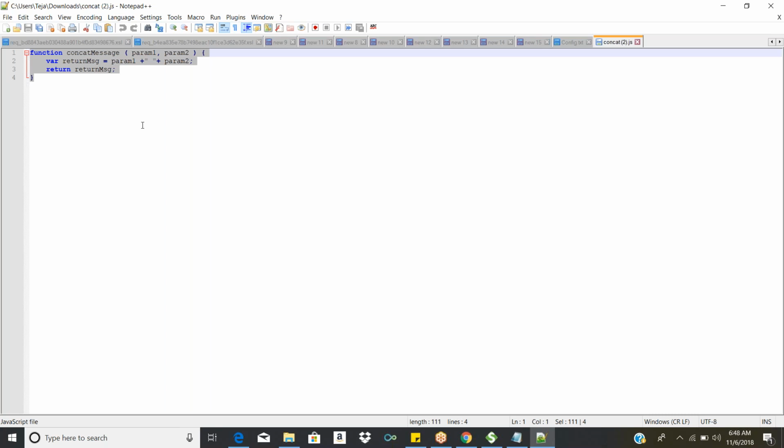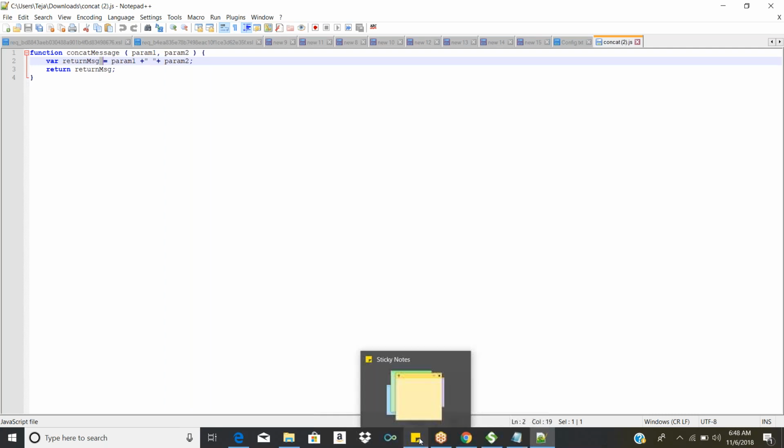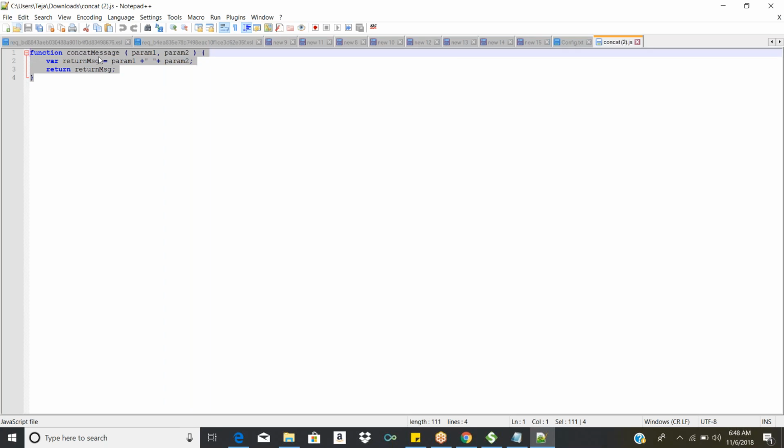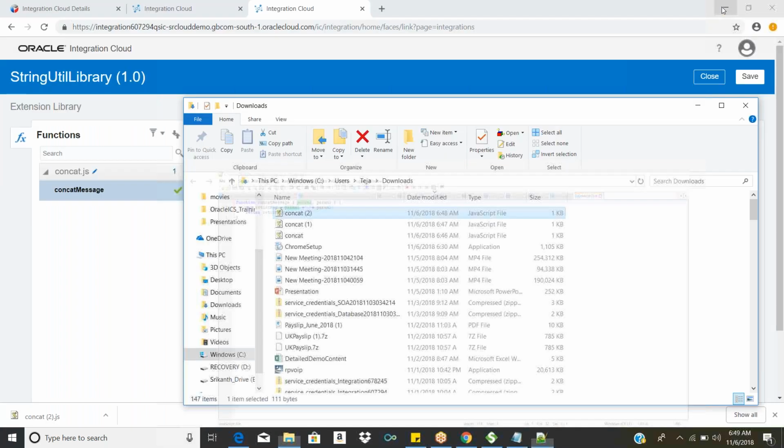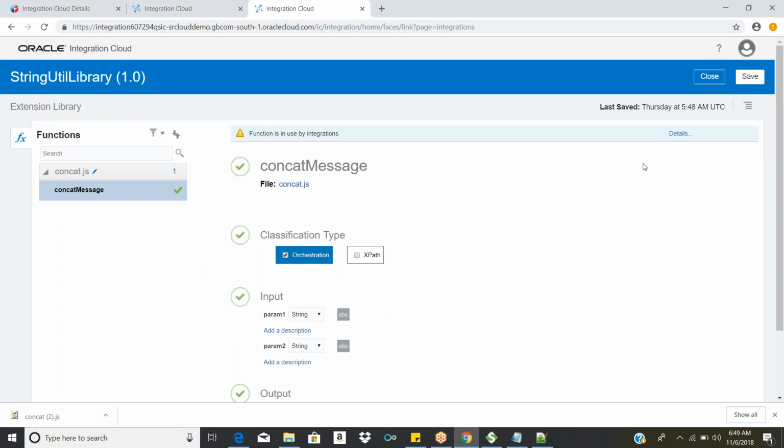But as of now, you may ask, the concatenate function is already there, so why did they build this? This is just for testing, for demo purposes. Maybe they created the concatenate thing, and maybe you can add different kinds of functions. I just wanted to show the capability of the JavaScript library. That's it. What this JavaScript is doing is, if you're passing two parameters, like hello and world, then it's concatenating them into a single message and giving back the response. That's concatenating the data of two variables. So that is JavaScript. How do we register the JavaScript library? We'll talk about it later, not now.